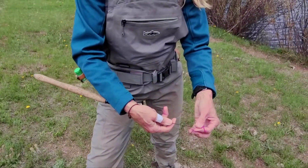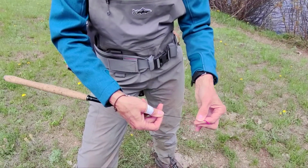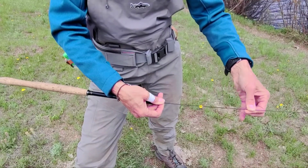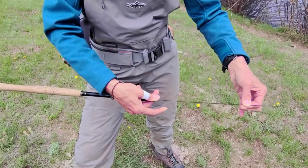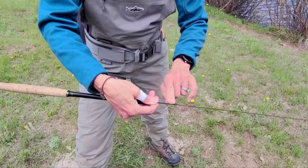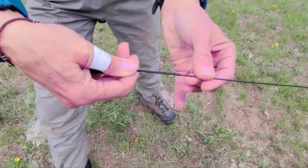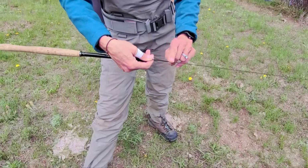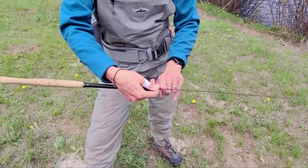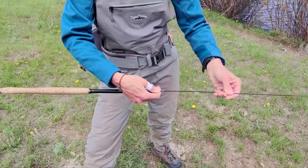So with my right hand, I am just taking my fingers and just holding them along that section as I pull this front piece out. And as I drag my fingers along the section, I can feel this first joint. If you can see, it's very small, okay? And this is where we get breaks often because people don't realize that this is 2 separate pieces. And I can pull out, and I would